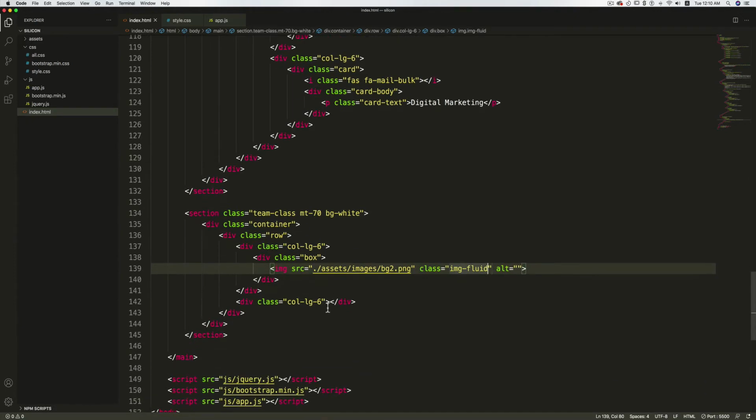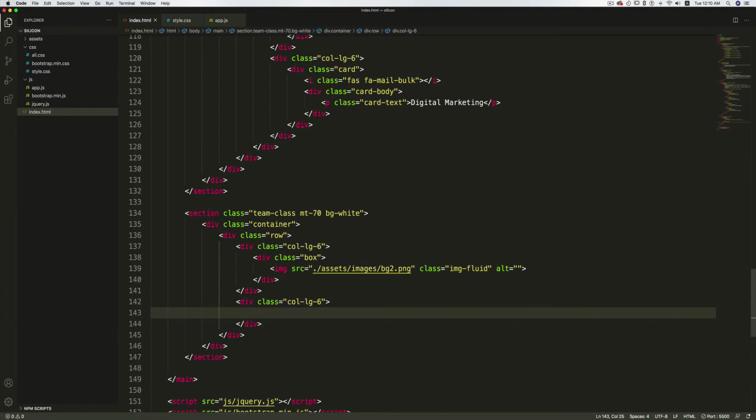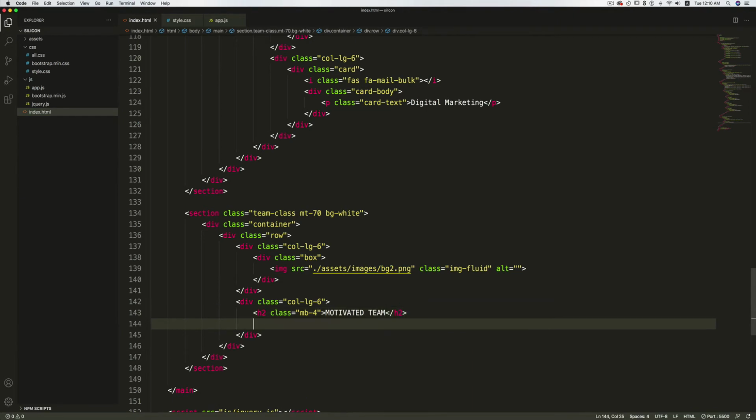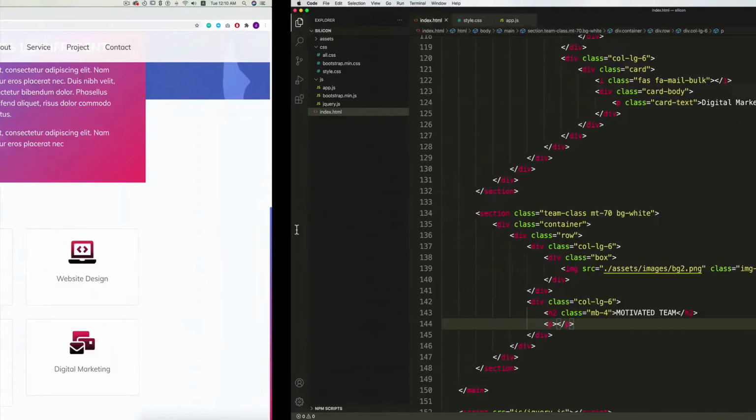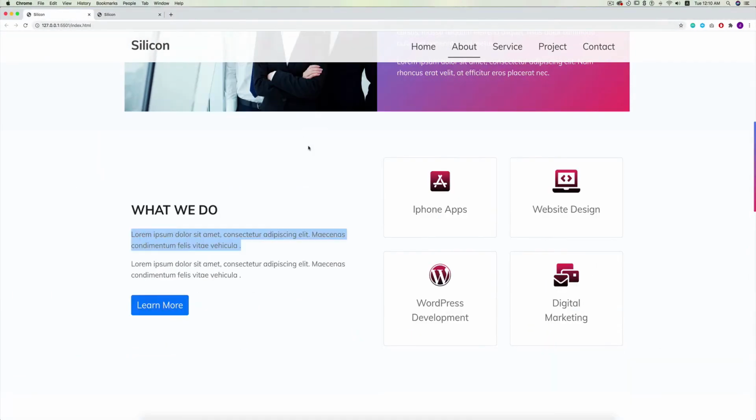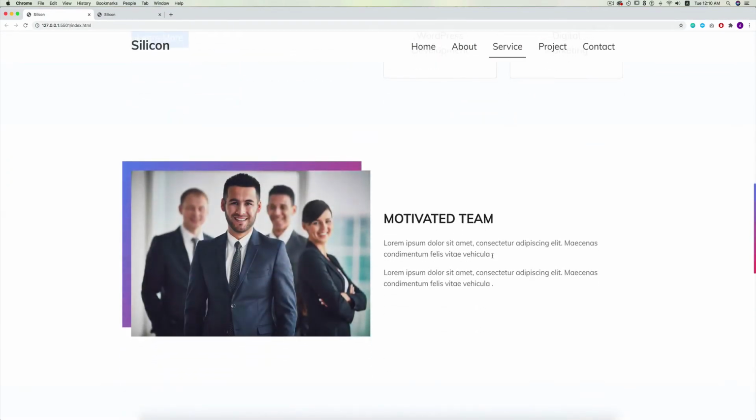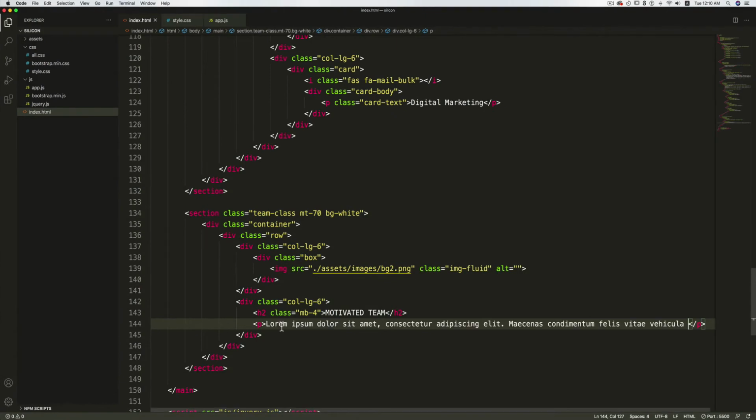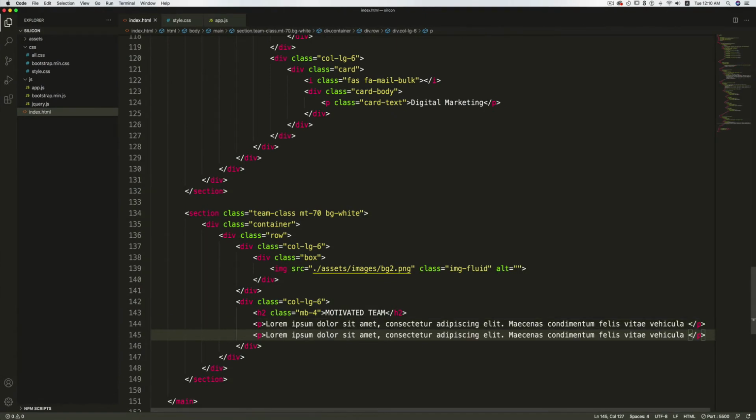Now inside this div, I'll create an h2 with the class margin bottom 4, and I will write motivated team. After this, I'll create a paragraph, and let me copy the text from here. I'll just copy the text, and I'm going to paste it, and I'm going to duplicate it one more time. So this is the markup.